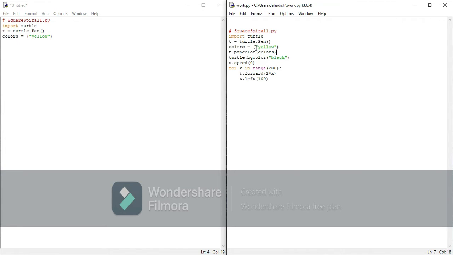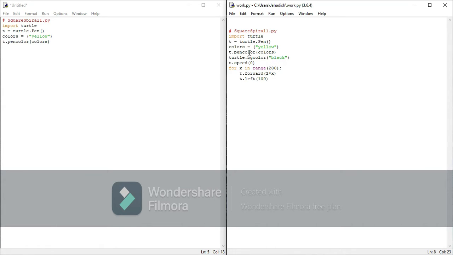So we wrote yellow in the variable colors, and now we are typing T dot pen color with colors in the brackets. Okay, so now type the code. These colors automatically come because of syntax coloration in Python.